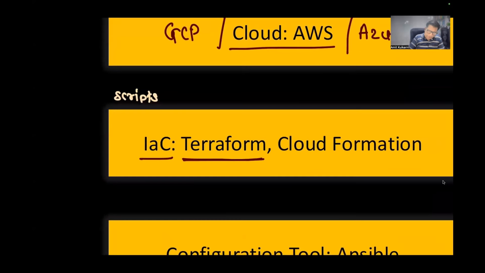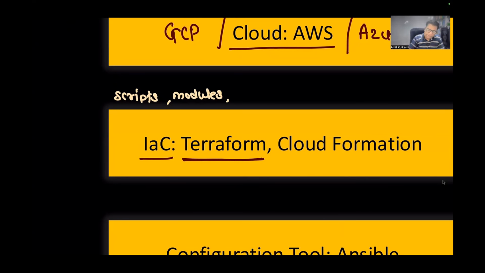So in Terraform, there is a concept called modules, and we'll be writing a lot of modules. We'll understand how it is possible for us to communicate with AWS from Terraform. How do we create the different modules? How do we make them reusable? And how do we create the infrastructure using this?